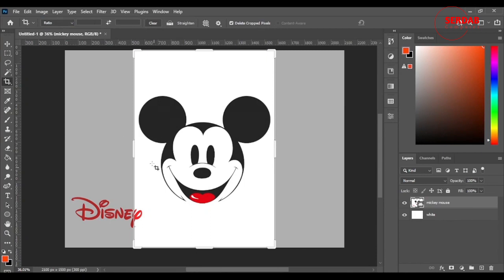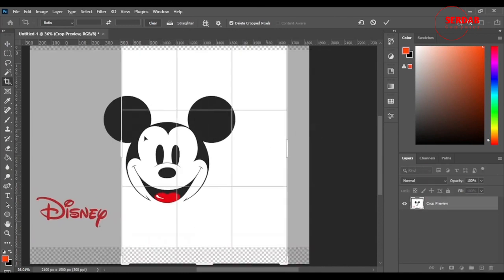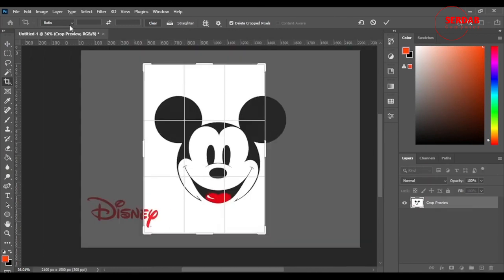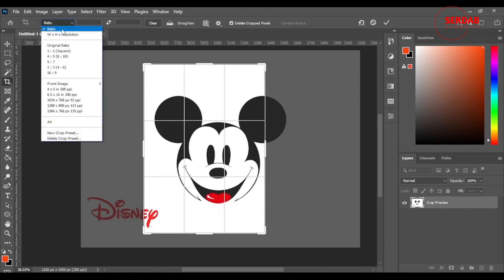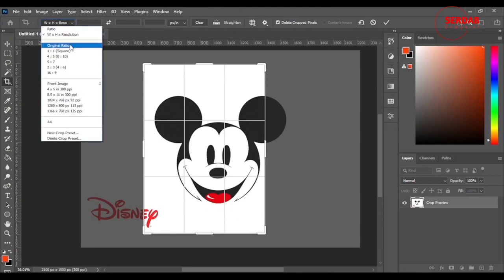When there's nothing in here, you can just customize whatever you want, make it how big or small you want it to. But if we open this right here, right now it's on ratio, we have the width and height and resolution, which is 3 things. So width, height, resolutions. And then we have some presets right here, just some ratios, some